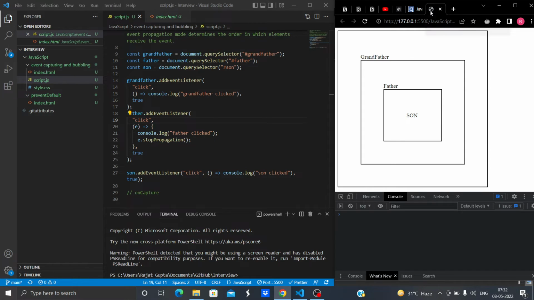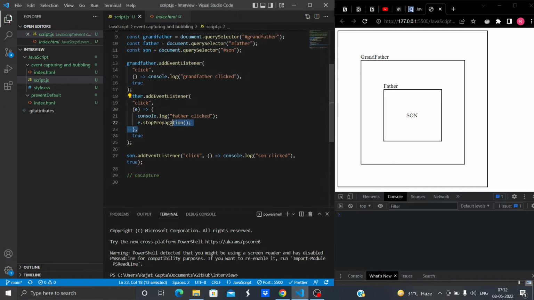So when capturing takes place, we will see grandfather clicked, then father clicked, but since we are saying stop propagation, propagation stops then and there. After father clicked, you won't see son clicked. Let's see. I am getting grandfather clicked and father clicked, but son clicked I am not getting. Why? Because propagation stopped. So that's what stop propagation does.